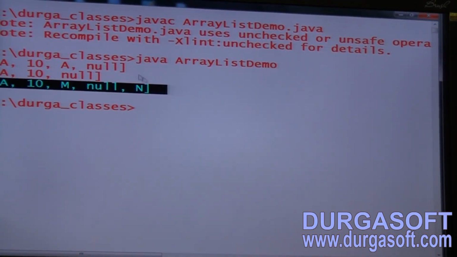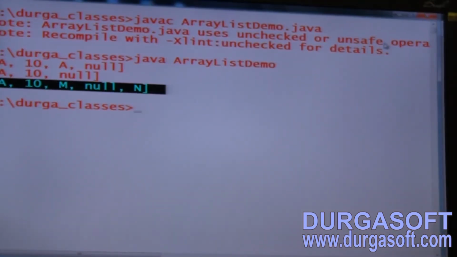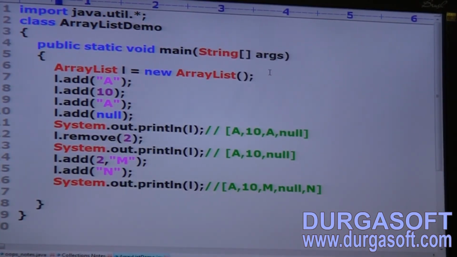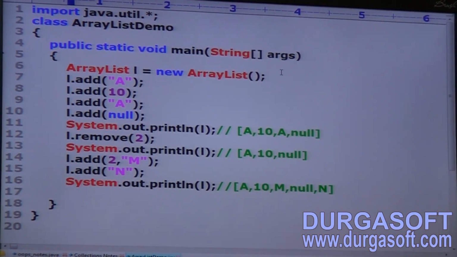Clear for all of you, right? Take this program, and better to take the output also. If you have any doubts, let me know so that I can explain. We are not using generic syntax, that's why at compile time we are getting warnings. But once we start using generics, we won't get any warning.